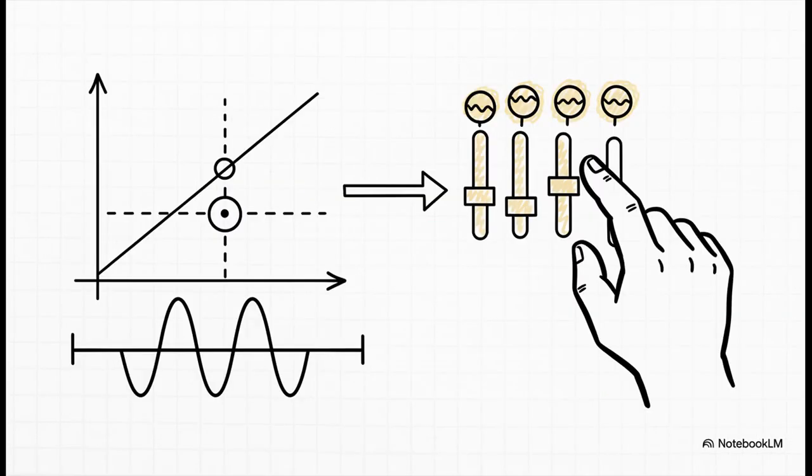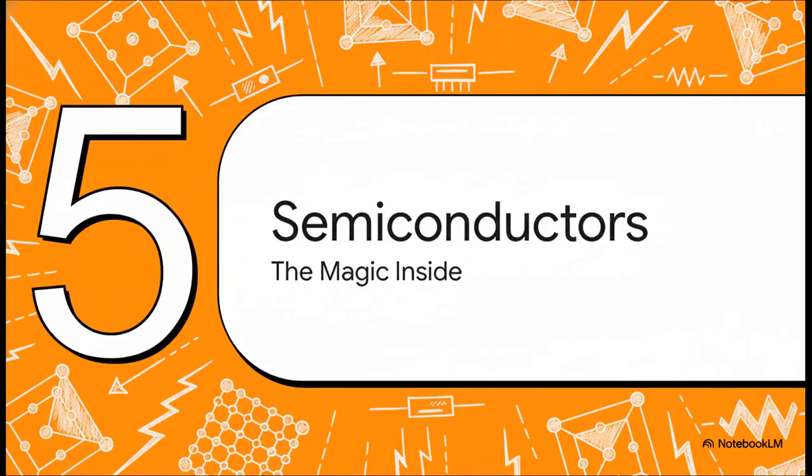And this process, setting up that perfect middle operating point, has a name. It's called biasing. It's kind of like tuning a guitar before you play. By picking just the right resistors, we set a default idling state for the transistor, right in the center of that active region. That way, when our small signal comes in, it can be amplified cleanly without getting all clipped and distorted. So, how on earth is any of this, the switching, the amplifying, even possible inside a solid piece